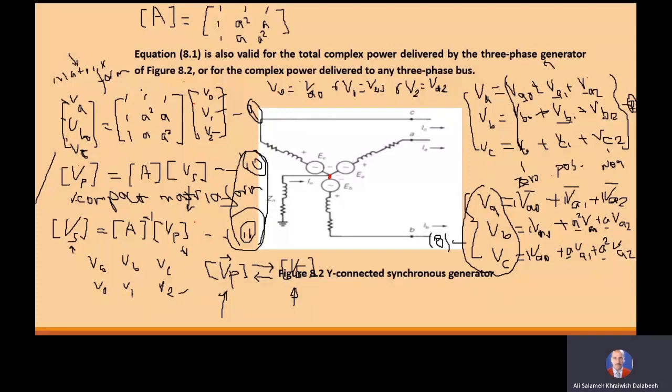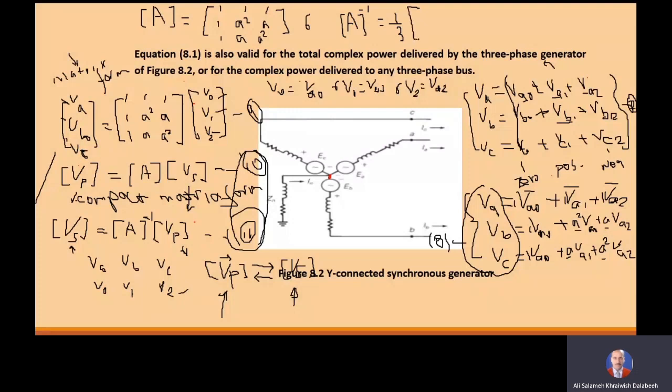This matrix is denoted by A. And the second thing, what is the inverse of the matrix A? The inverse of A is equal to 1 divided by 3 times